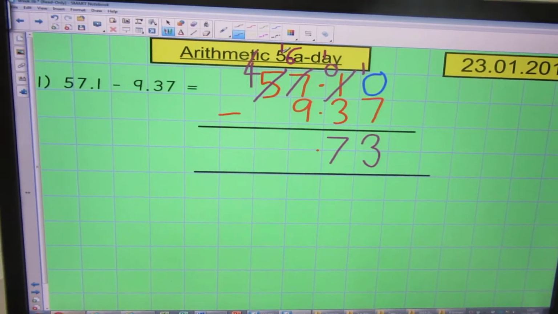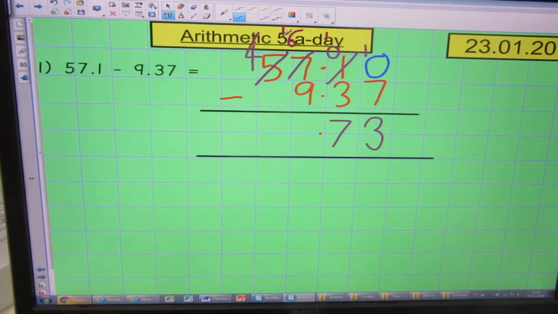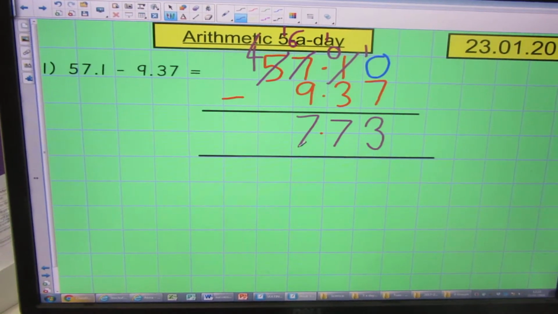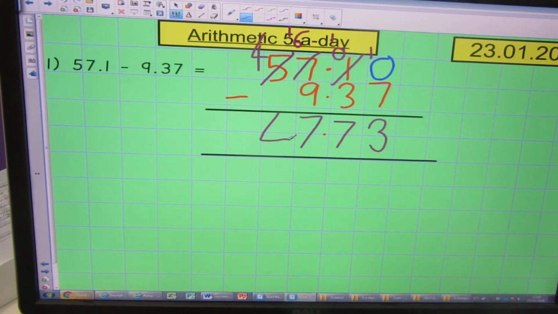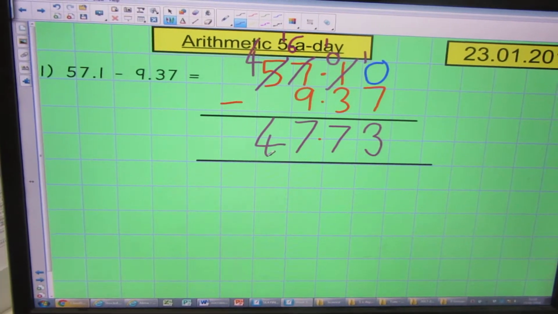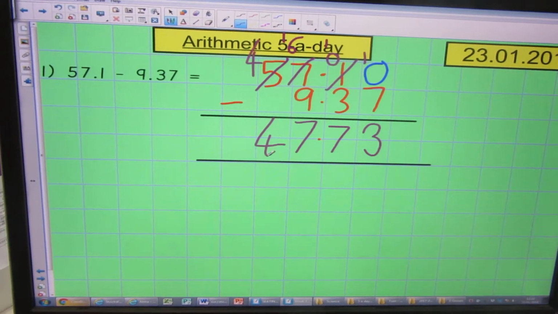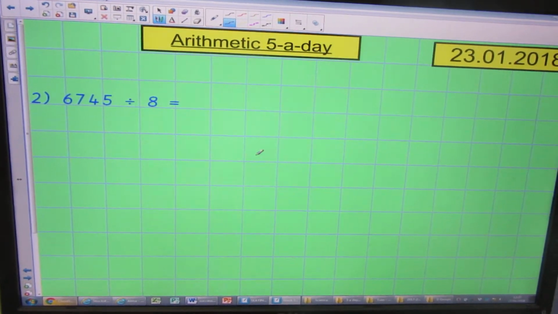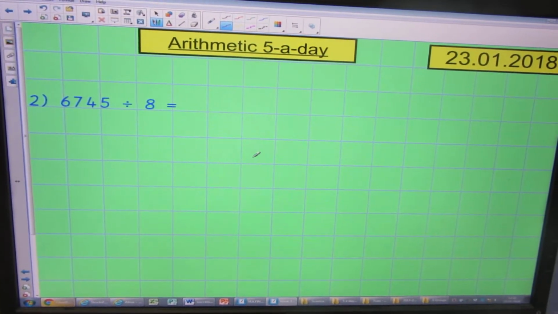So now we've got 16 take away 9, which is 7. And then we've got 4 take away nothing, which is 4. So the answer to 57.1 take away 9.37 is 47.73. Right, let's have a look at question 2. Question 2, we've got